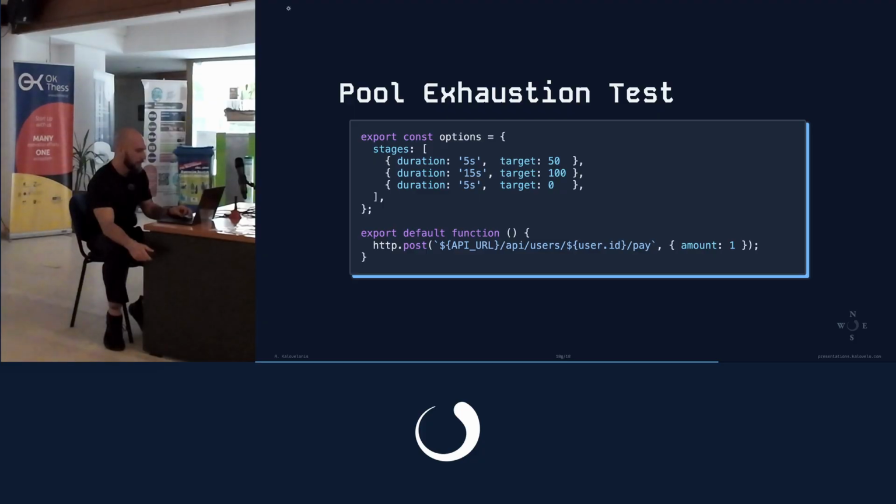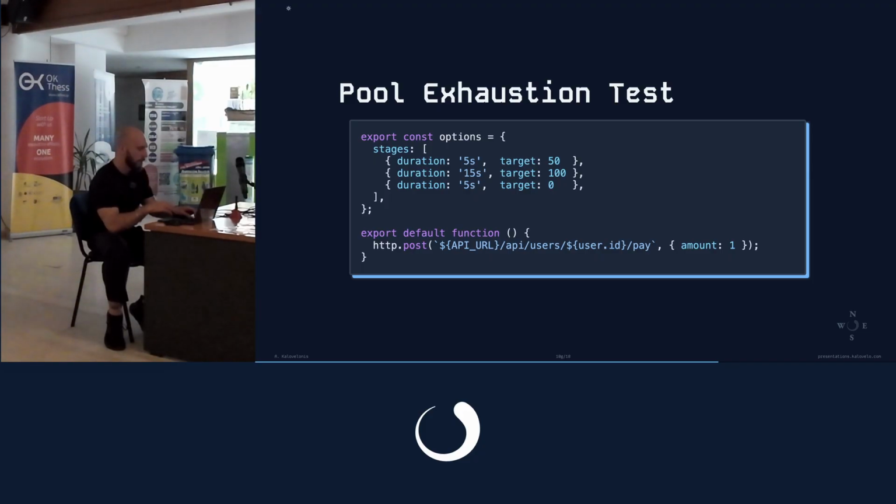We showed this, and then we have another test which starts, in the first 5 seconds, with 50 users. Up to 15, it goes to 10, and then for the last 5 seconds, it goes down to 0. And all it does is just a post request deducting $1